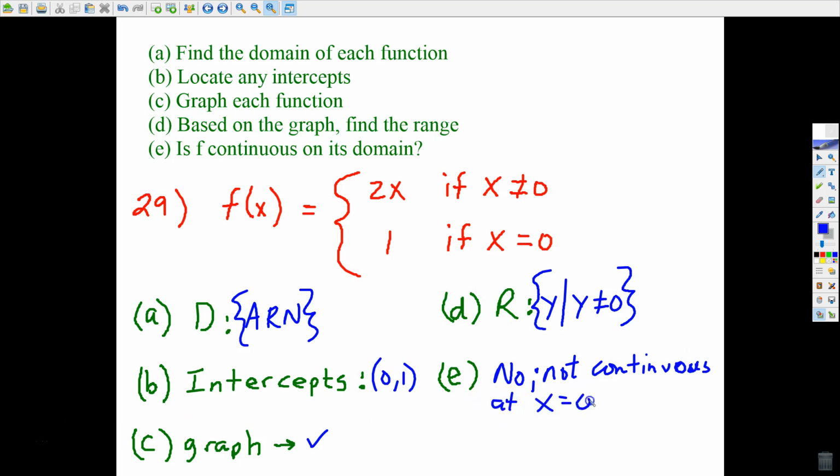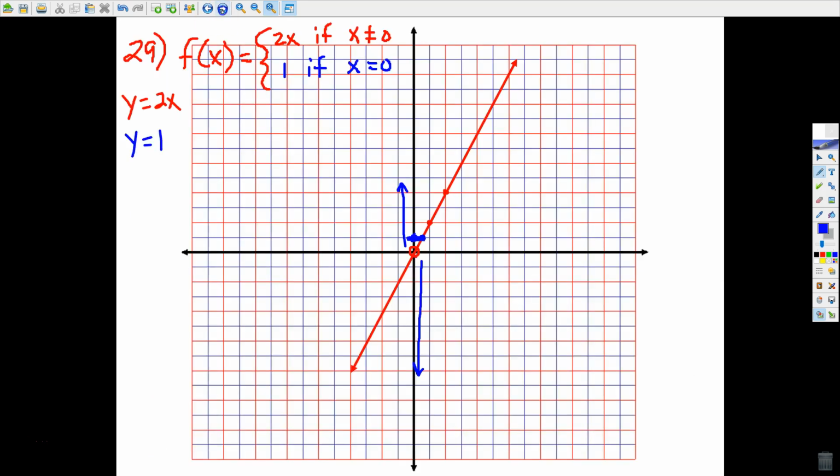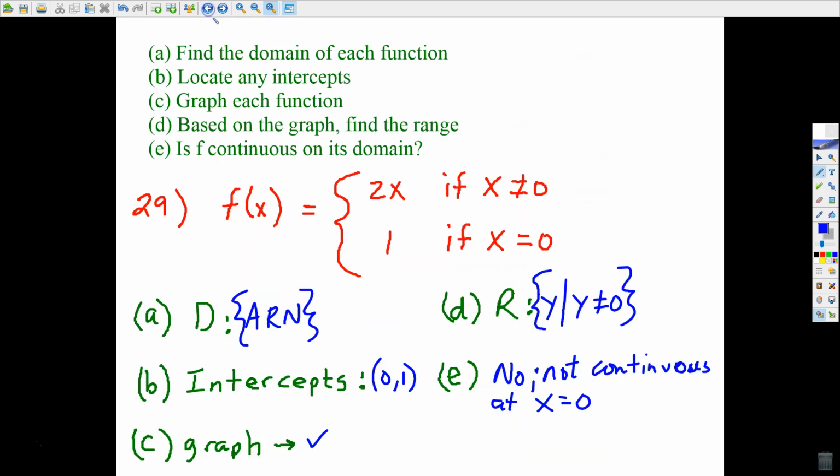at x equals 0. Okay, because of the hole in the graph. And that takes care of number 29. All right,